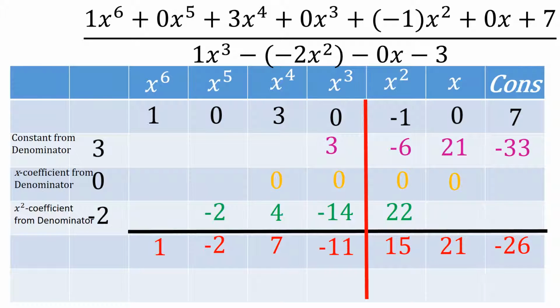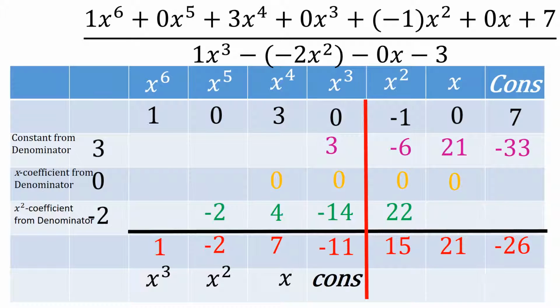Because we divided an x to the 6th polynomial by an x cubed polynomial, all of the powers in the quotient are going to drop by 3. So the x to the 6th column, where we have our 1 as the leading coefficient for the quotient, that's going to be the leading coefficient of the x cubed term. The x to the 5th, which gave us the -2 number for the quotient, will be the coefficient of x squared in the quotient. The 7 will be the coefficient of x, and the -11 will be the constant term